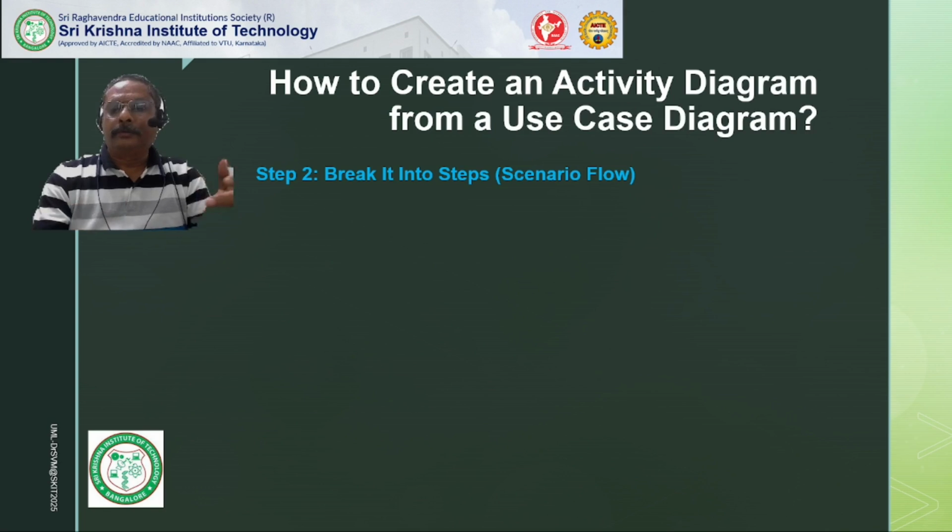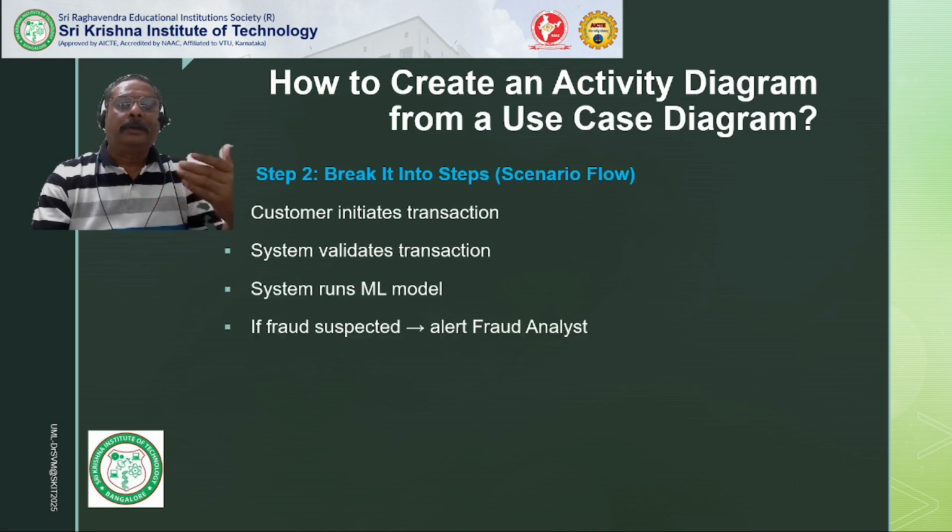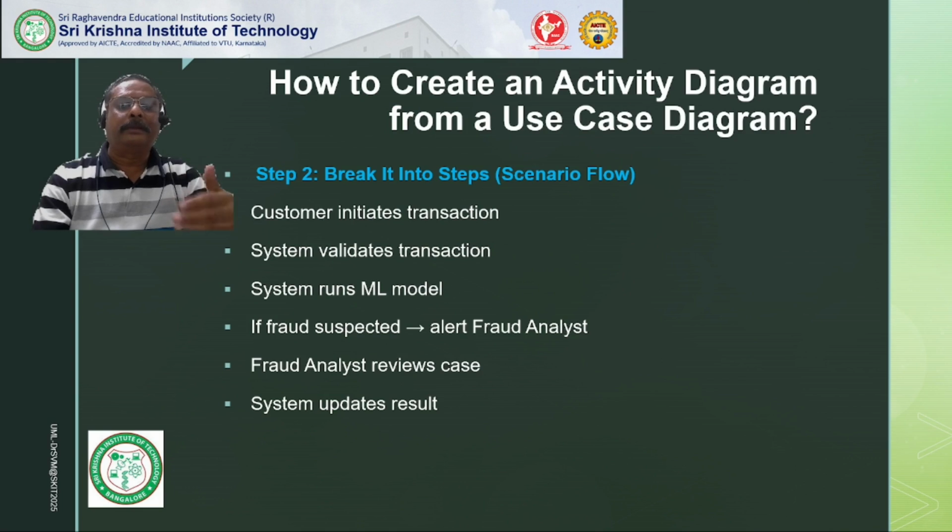So, scenario flow. We are just talking about detect fraud. For detecting fraud, what are the steps involved? The steps are: the customer initiates a transaction, then the system validates the transaction, then the system runs an ML model. If fraud is suspected, then the fraud analyst is alerted, and the fraud analyst reviews the case, and the system